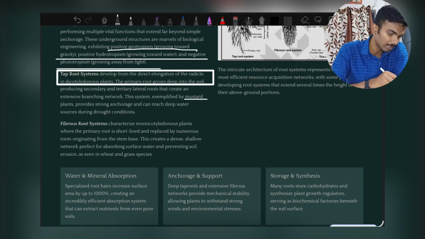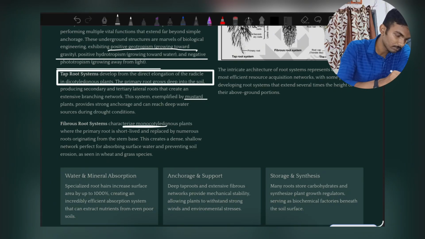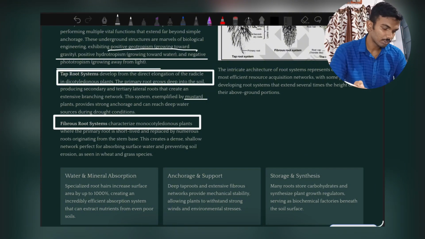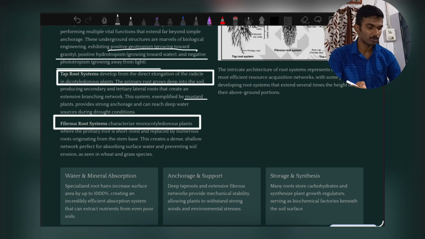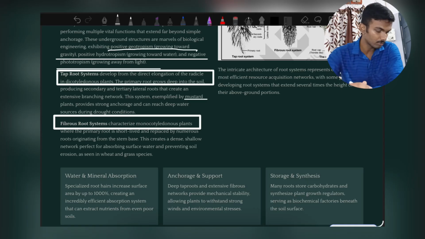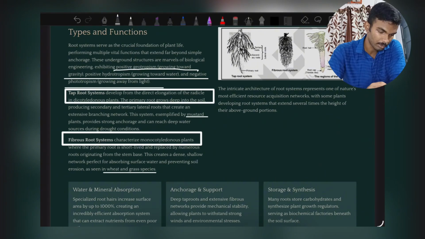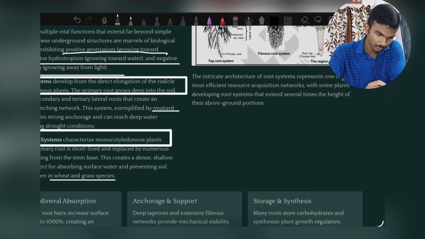Fibrous root system is categorized in monocotyledonous plants, where the primary root is short-lived and replaced by numerous roots originating from the stem base. This creates a dense, shallow network perfect for absorbing surface water and preventing soil erosion, as seen in wheat and grass species. The intricate architecture of root systems represents